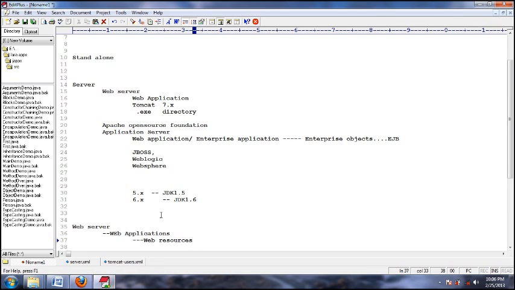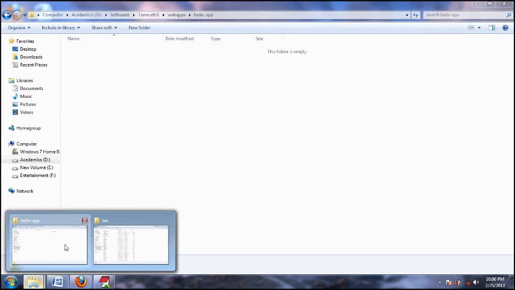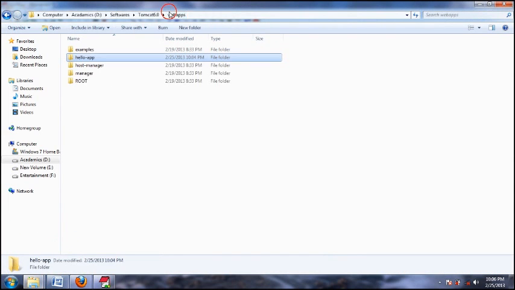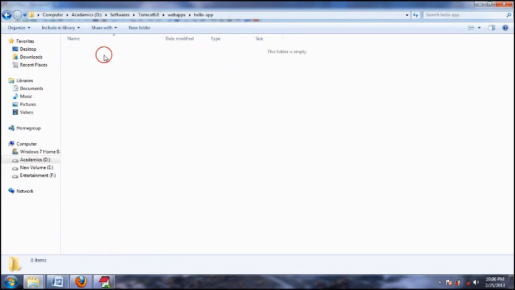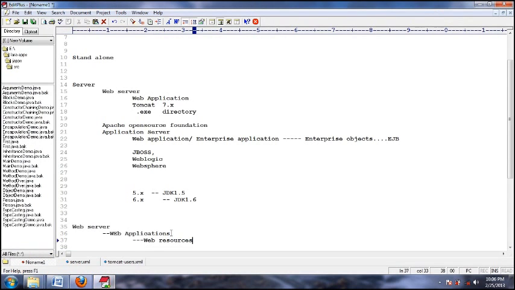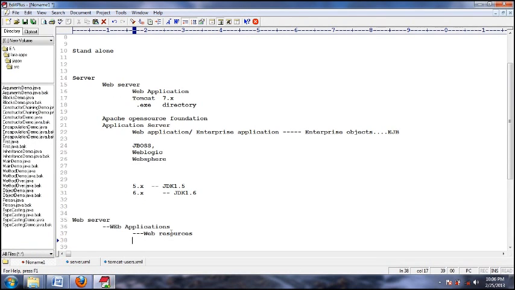So the Tomcat server is there. In this Tomcat server there are multiple web applications like Hello app, examples, host manager, root. These are multiple web applications present in the same web server, and the same web application may contain any number of web resources. Multiple web resources are gathered together to make a web application. And these web resources are of two types: